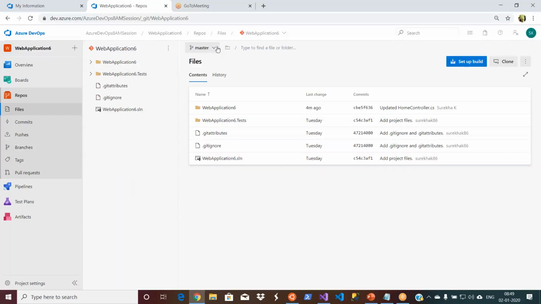But obviously when you are working in a real-time environment as a DevOps administrator, you need to know the branching strategies because you are the person who suggests to the developers how to work with the code. You don't write the code, but you will tell them how to work with the code. So let us say right now this is a master branch, and then we will create one dev branch.